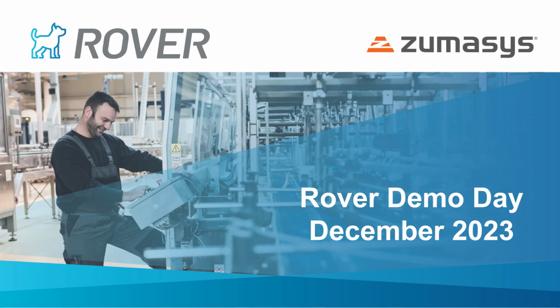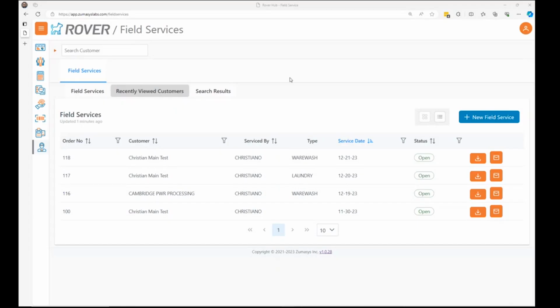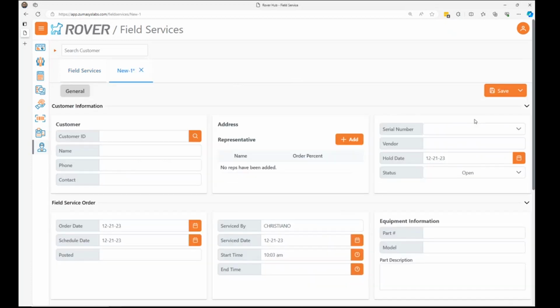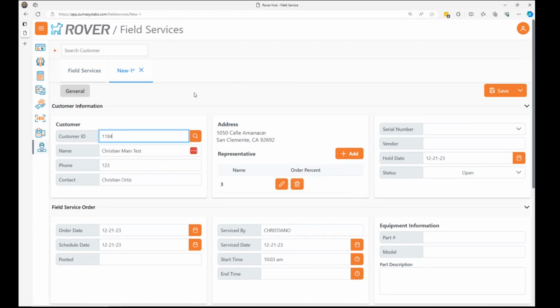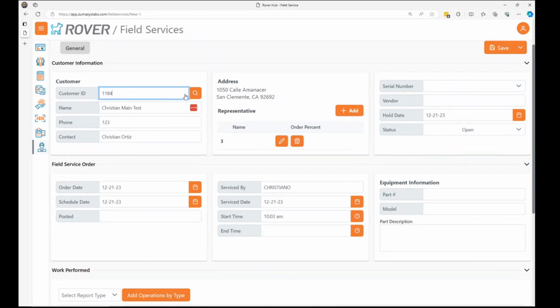One of the things I wanted to go over during this demo day was our new field services module. I just wanted to walk you through the creation and some of the new things we added to this module. So I'll start off by creating a new field service and I'll type in a customer. You'll see that it pre-fills all the information, similar to the current field service report and the ERP